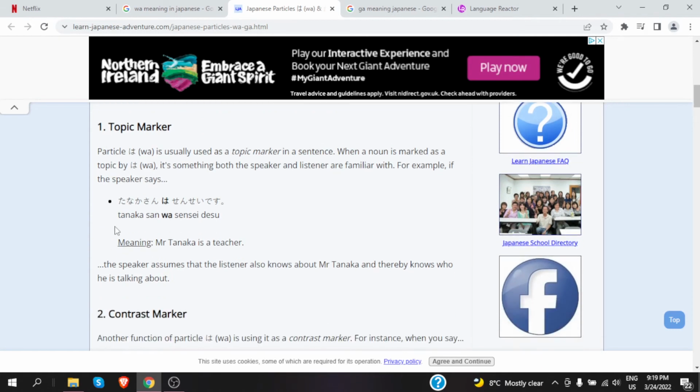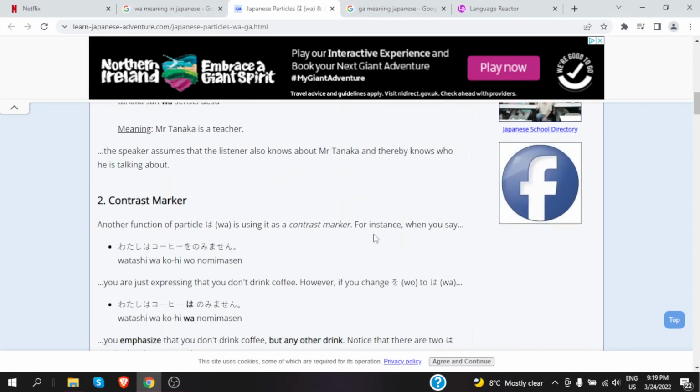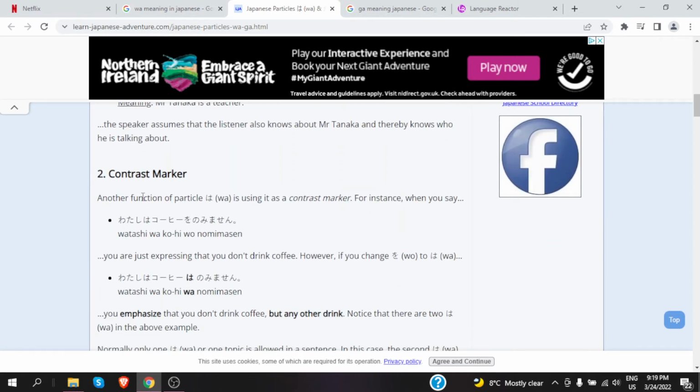So Tanaka-san, Mr. Tanaka, they both know Mr. Tanaka, and he is the main subject. The speaker assumes that the listener knows about Tanaka and thereby knows who he is talking about. Another functional part is using it as a contrast marker. For instance, when you say